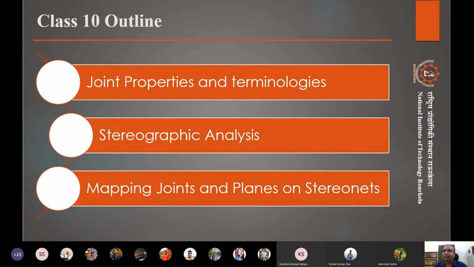So in the next couple of lectures, we will be seeing something called kinematic analysis. Kinematic analysis is basically the dynamic analysis of joints and joint interactions with the slope. That can help us predict the nature of the failure in these scenarios. Do remember that all these analyses are based on certain parameters of a discontinuity, like the discontinuity mapping and the stereographic analysis, which will be based on the orientation, the depth, or the angle of the joint, how it is oriented.